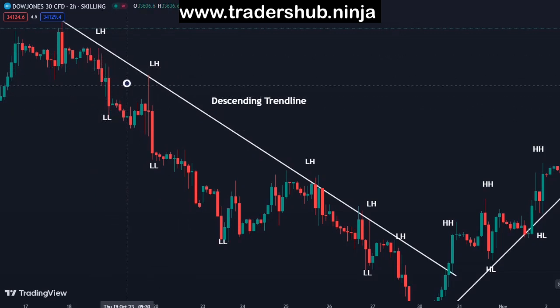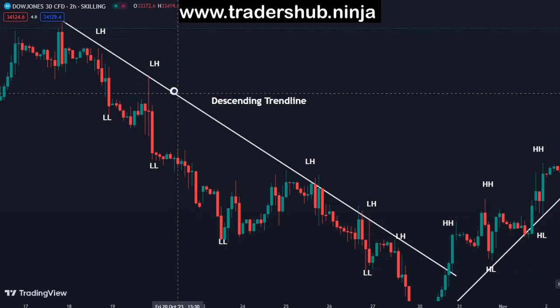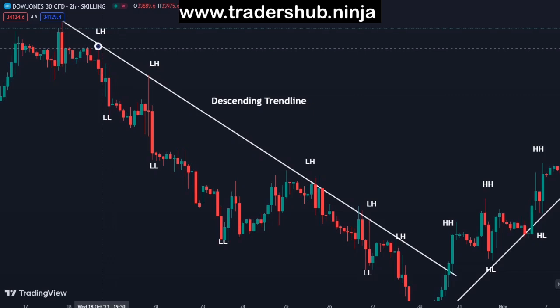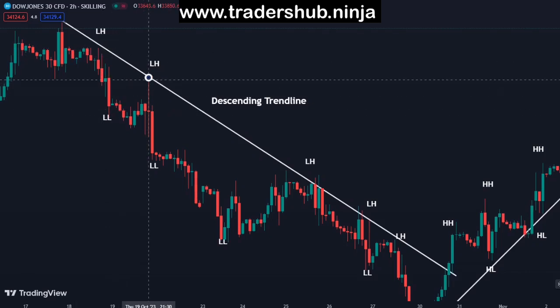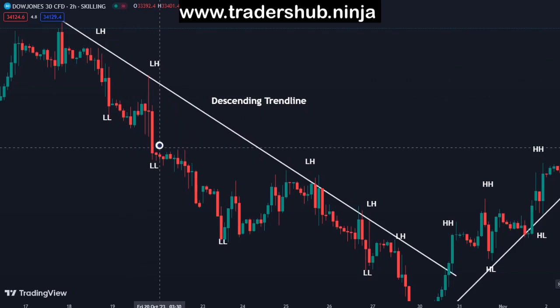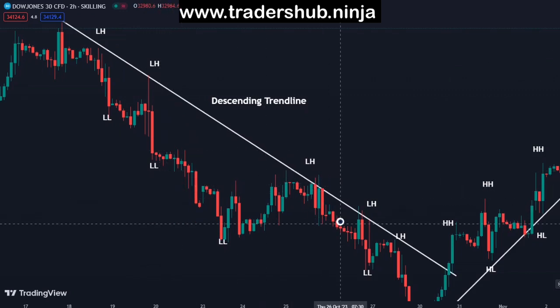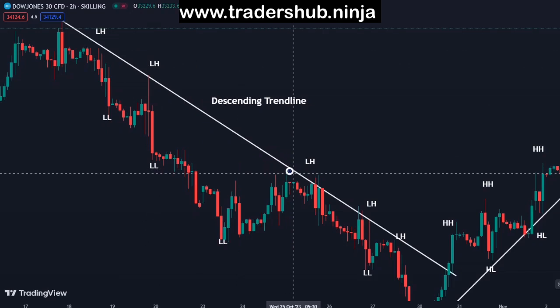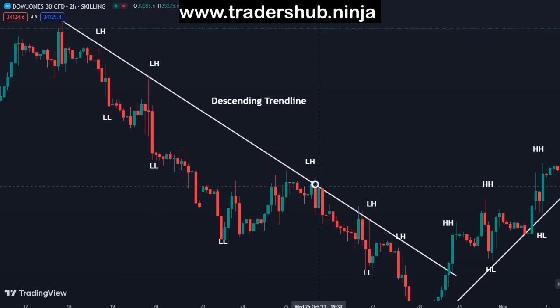So we want to know where to enter the trade. This is a downtrend. This particular line is the descending trend line. We connect the successive lower highs. At this level, it acted as a resistance. When the market touches this descending trend line, it acts as a resistance. Here also it acted as a resistance, and the market will come down. So here you have to enter a sell entry, here a sell entry, or here a sell entry. This is a way to